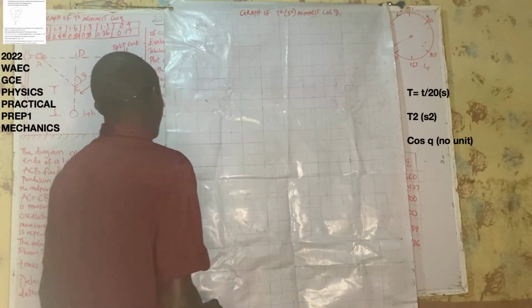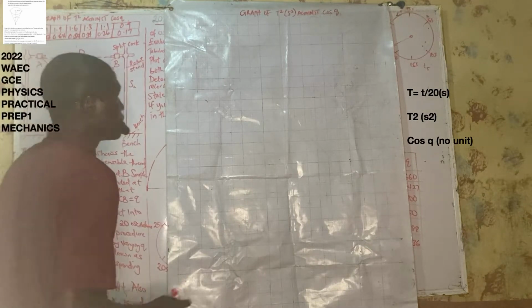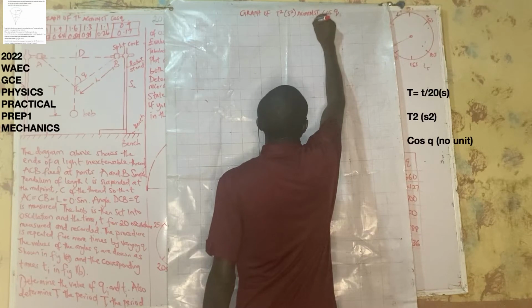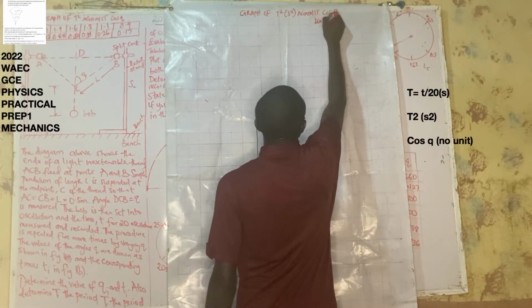Cos q. So that's the first thing. Now the next thing is to write the scale. So now we agree that we are going to use what? We are going to use 2 centimeters represent